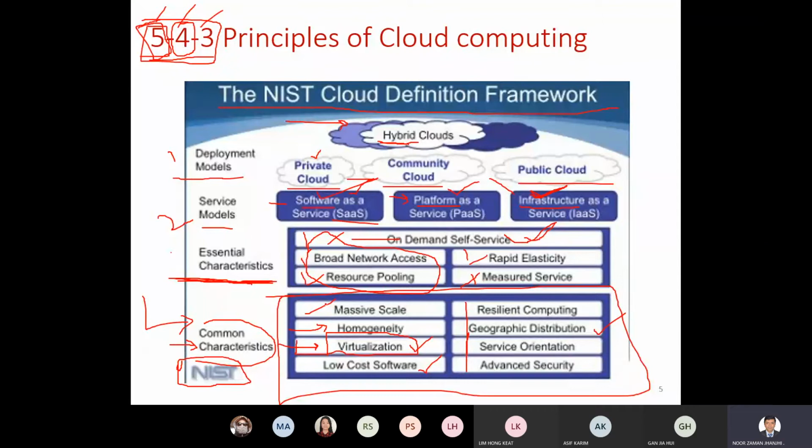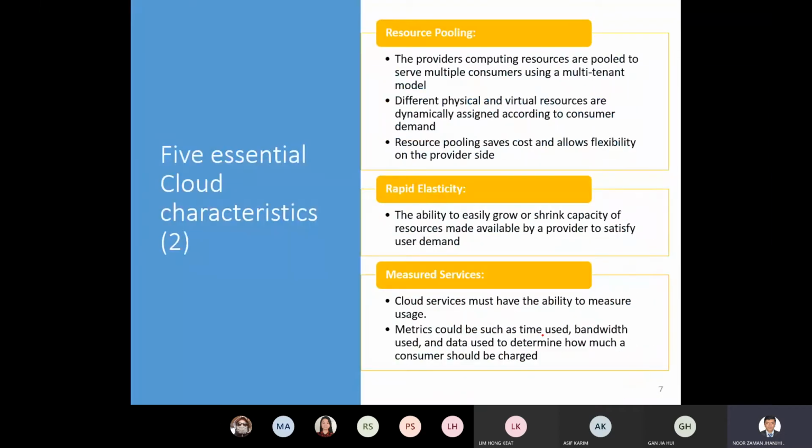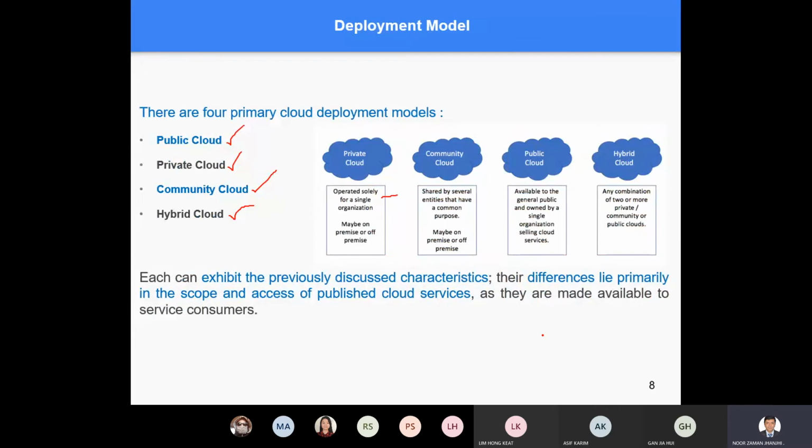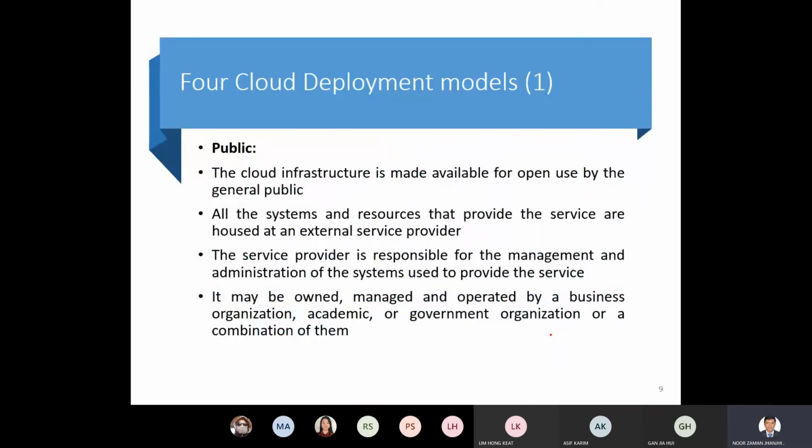Because otherwise, private will be something different, public will be something different, community will be something different. In hybrid, maybe we require more common properties. So probably we are going for this one. You will understand and learn it further in upcoming lectures. Today is just the introductory lecture. So going ahead,